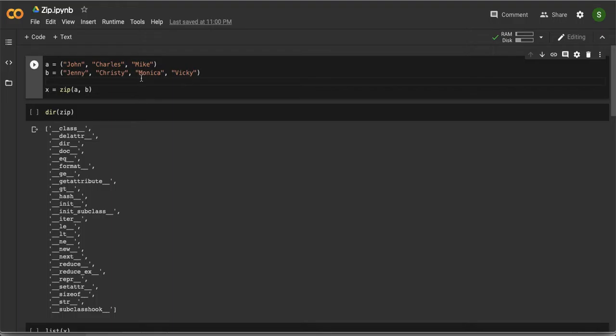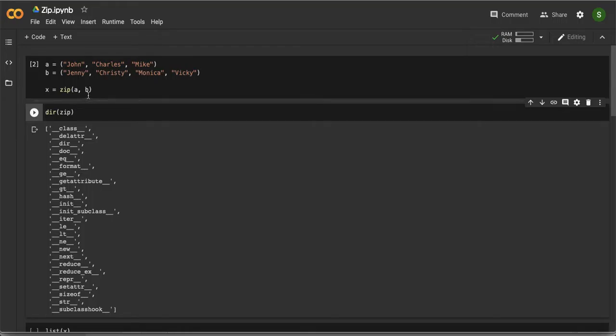I have taken an example list, basically a tuple, which has string values John, Charles, Mike, and then B has Jenny, Christy, Monica, and Vicky. If you see, the first list has three elements, while the second list has four elements. So if we perform zip(a, b), then it will get zipped and the value will be saved inside x. So if we print x,